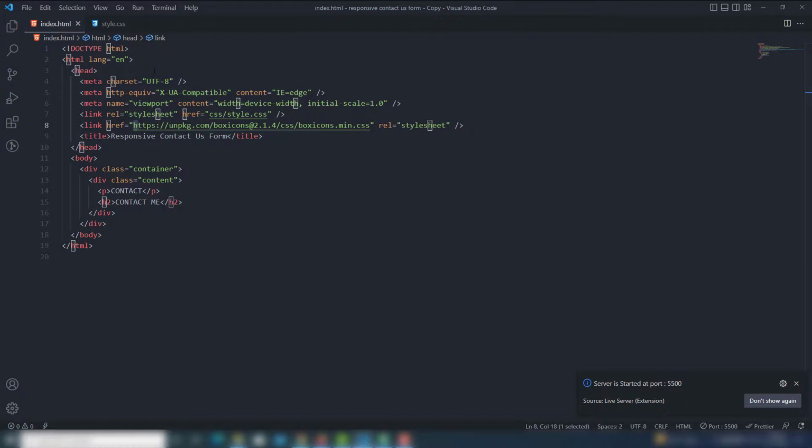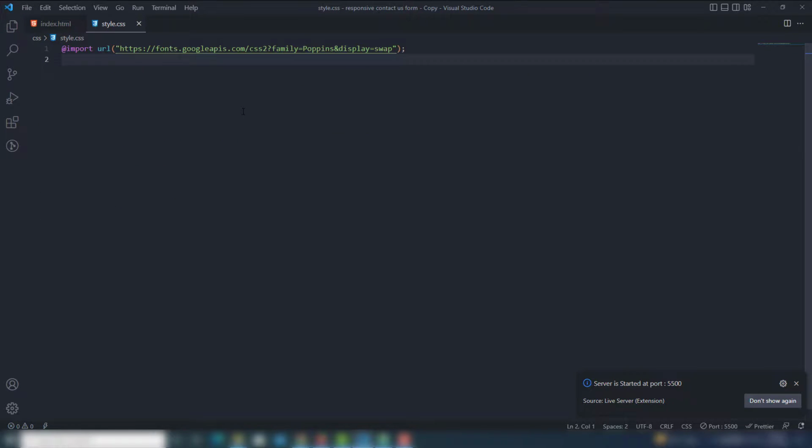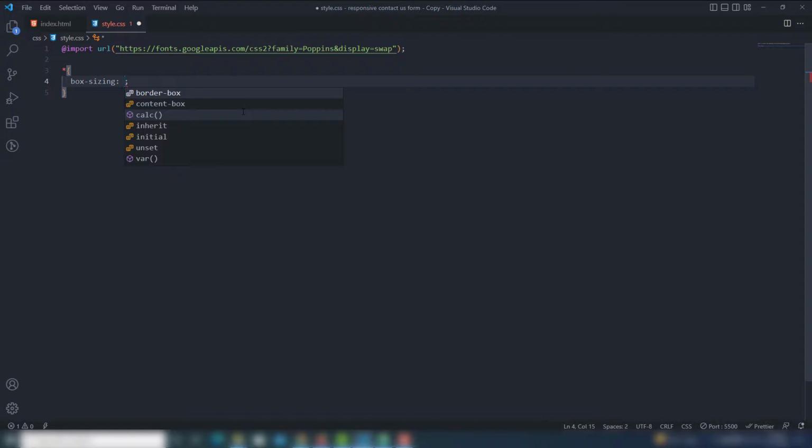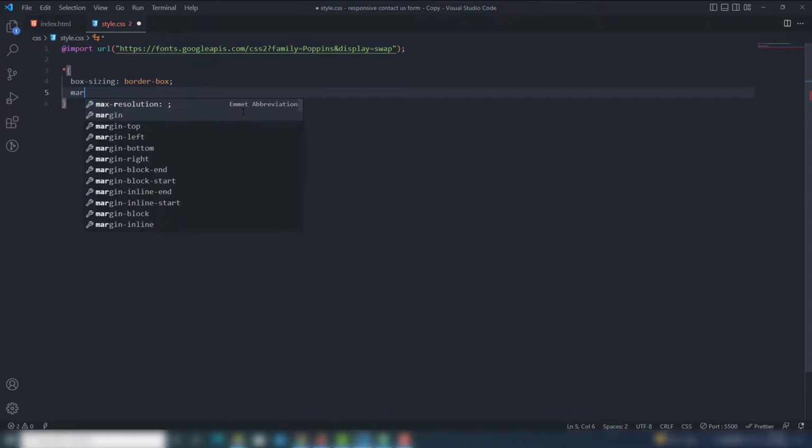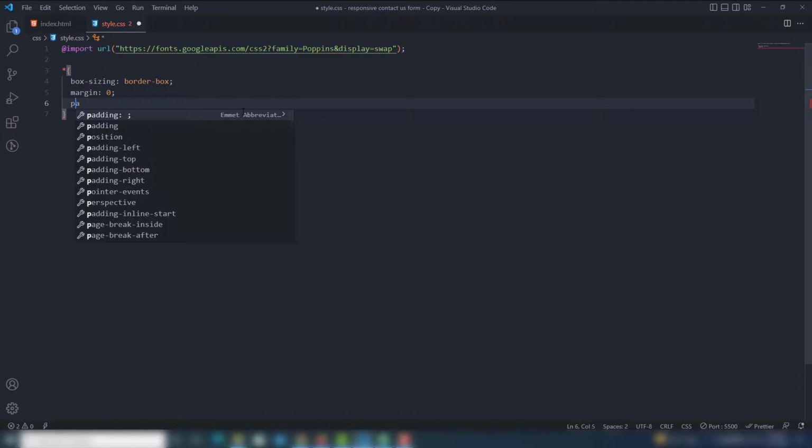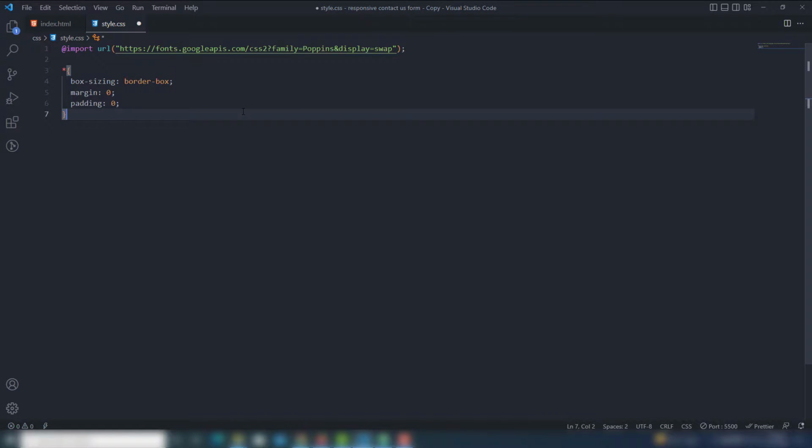I'm going to check that it's included, right? So reset the property, box sizing border box, margin will be 0 and padding also 0. Then